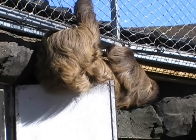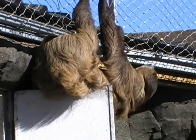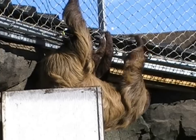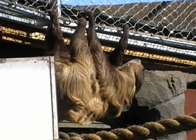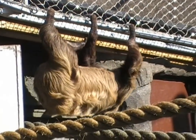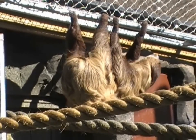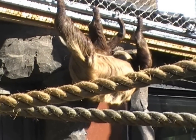Look, Tan, he's just hanging by one. They're funny looking, aren't they? I think they're fascinating creatures. They're very gentle, you know. Very, very gentle creatures, apparently. They even give bird huts on them. Yeah. Isn't that weird? It's coat, it's a lovely